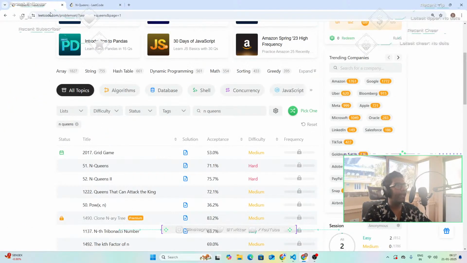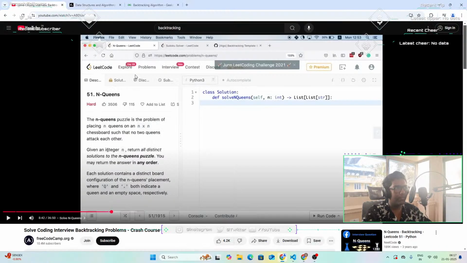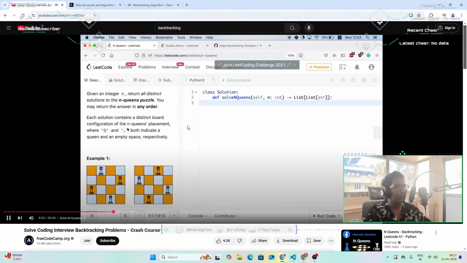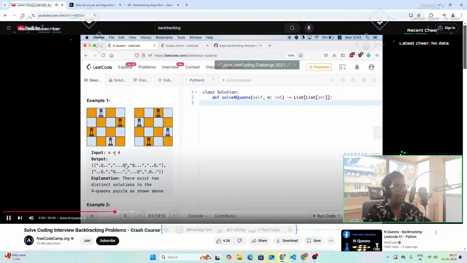Now let's go back. We want to return all the distinct solutions to the n queens puzzle, and we may return the answer in any order. LeetCode has a specific format for us to represent the board. For the 4 queens example, these are the 2 valid solutions. Here, we denote that the first square on the first row is not occupied, the second square is occupied by a queen, the third one is not occupied, the fourth one is not occupied. And on the second row,